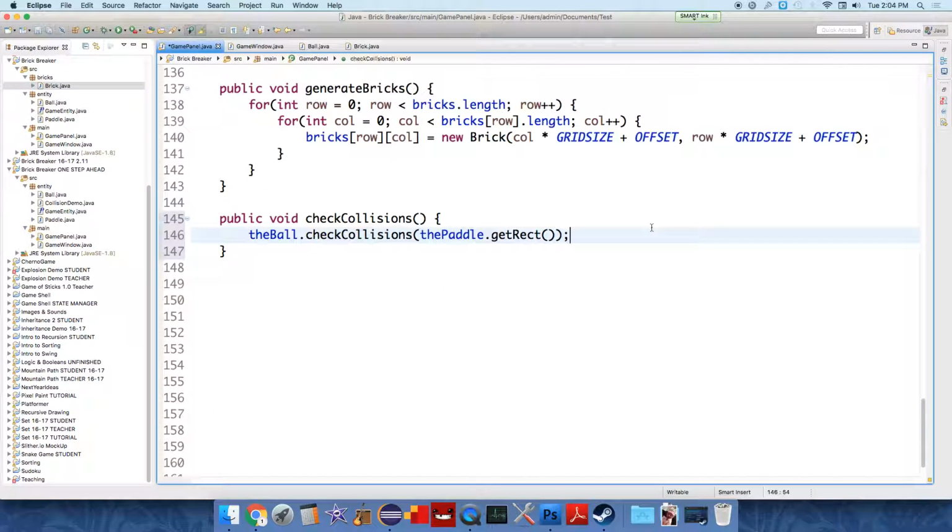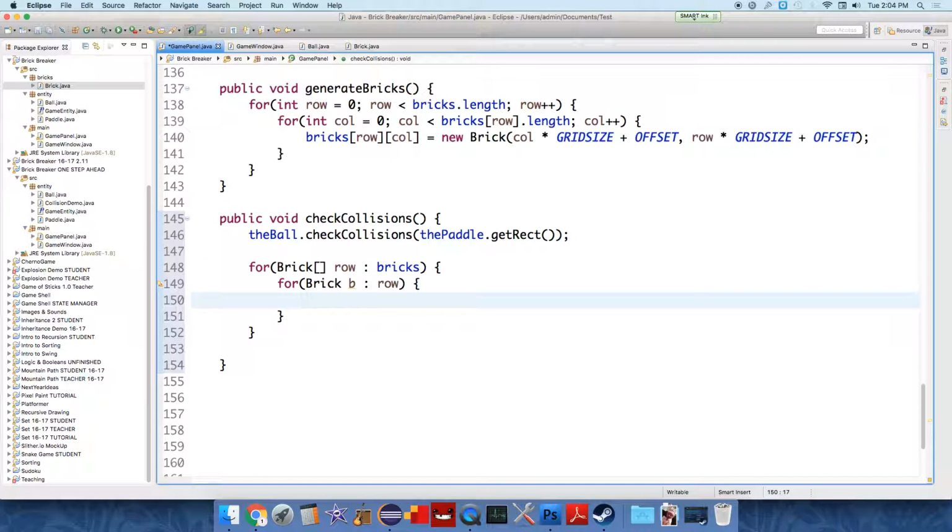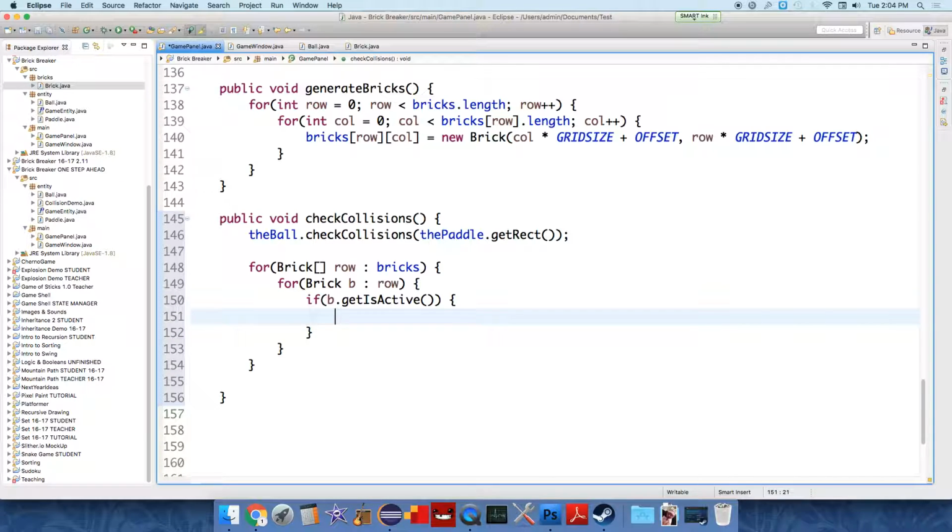So checkCollisions. Now we need to use nested loops to cycle over the objects. And let's see, do we actually have to use nested loops? Yes, we have to use nested loops, but we can use enhanced for loops. So for each row of bricks, we want to look at each brick, B, in the row, and at each brick, if B.getIsActive, then we want to check the collisions. If the ball.checkCollisions B.getRect,